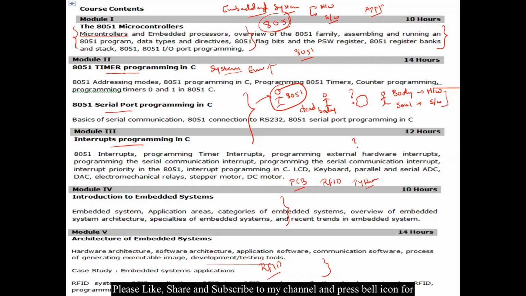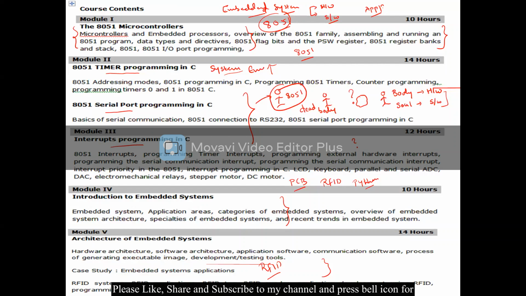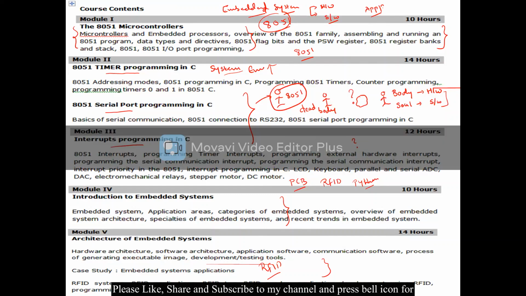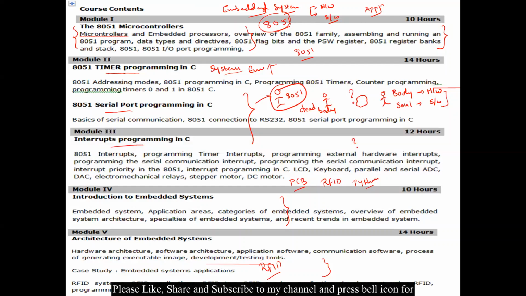And there is another concept called the interrupt concept. Now, what is the interrupt concept? Instead of the microcontroller polling the peripheral devices, if a peripheral device wants to get service from the microcontroller, it will send a request to the microcontroller, and the microcontroller will answer that interrupt. Now, there are 6 different ways we can interrupt our 8051 microcontroller, that we are going to study in module number 3. In module number 4, we are going to make some very interesting small embedded